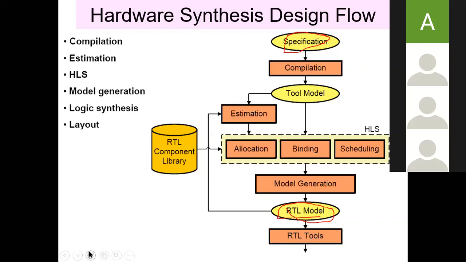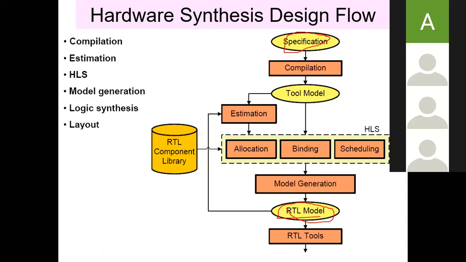So that's basically the hardware design flow. The first step: the input is the specification, which will be in a high level language, that is C language, or maybe some other modeling languages. SystemC or C will basically be the input. What is the functionality for that particular hardware will be written in some high level language. That is what we call the specification.